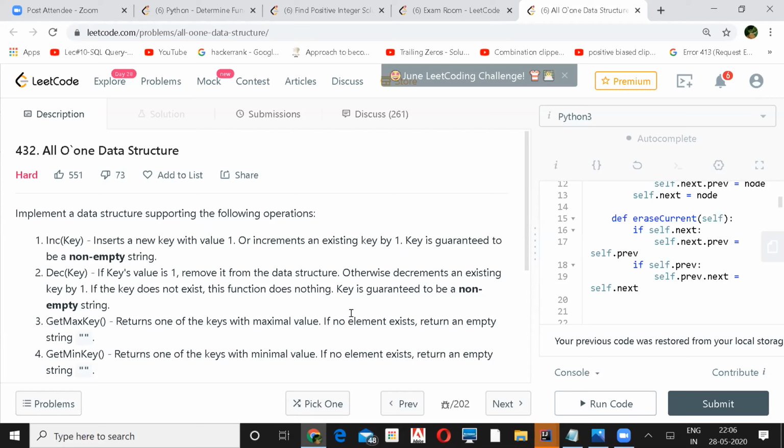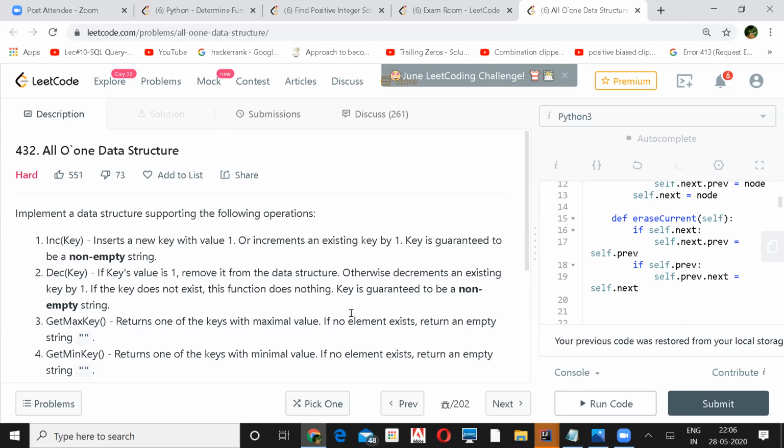So in this case, instead of using a map to keep a mapping between the key and the bucket where it is, why don't you use a list and keep that sorted? If you have a list that's sorted, you can always know that the first one is the minimum and the last one is the max. True, but how will you, if you have to, yeah, there are challenges. It is not a straightforward solution.